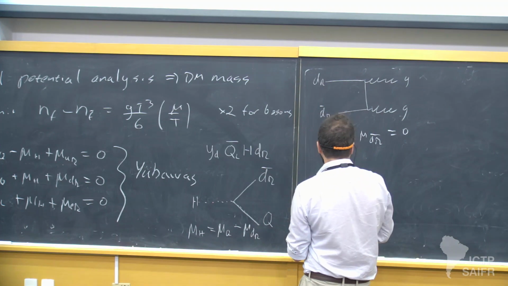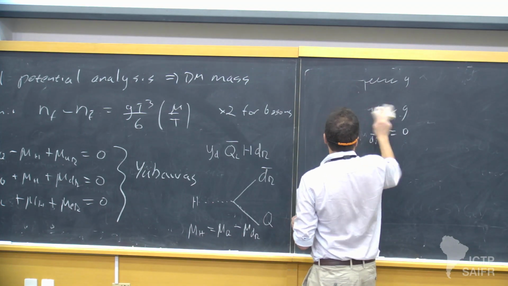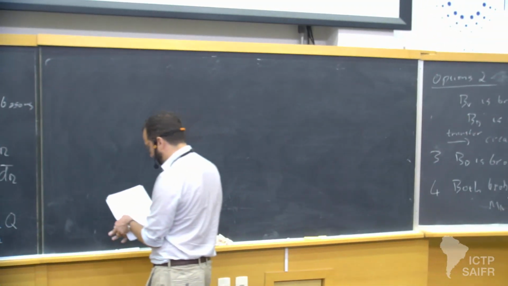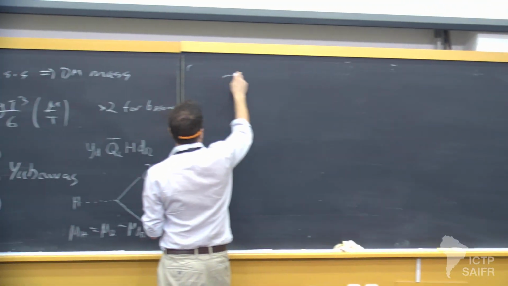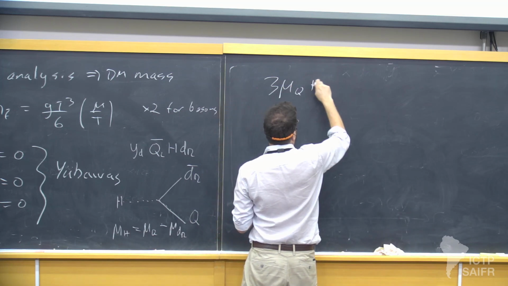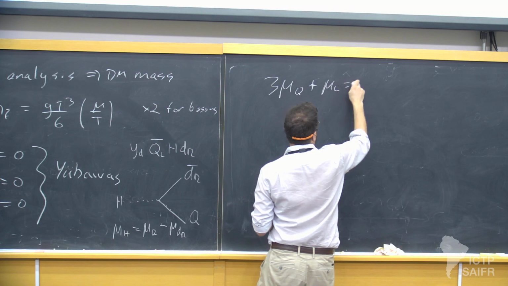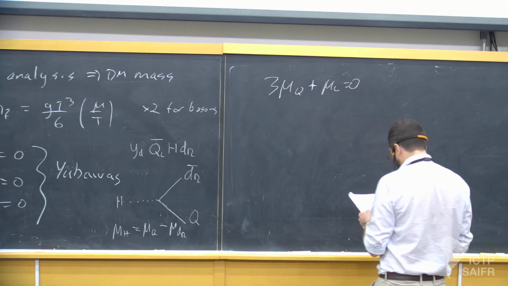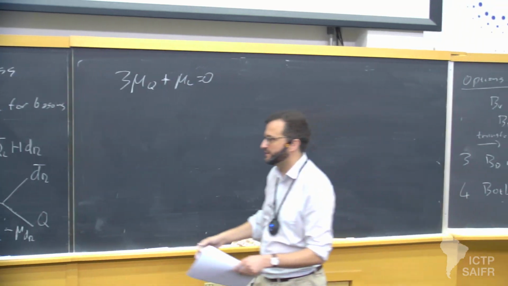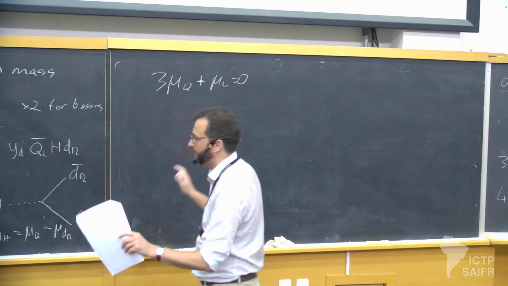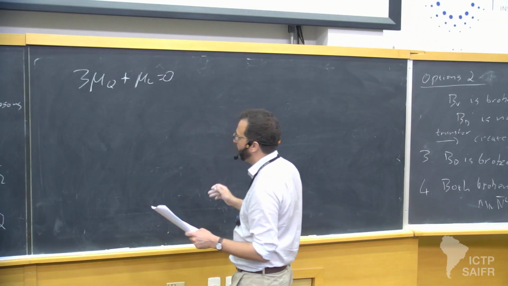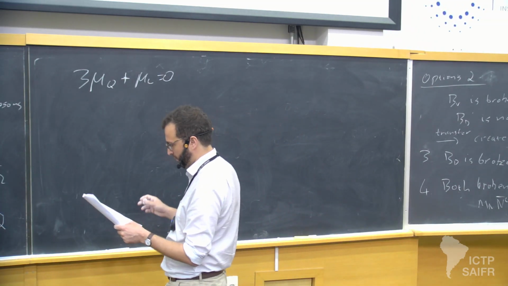Then we also have, imagine we're at high temperature, so the electroweak sphalerons are active. And this gives the relation mu_Q plus mu_L equals 0, okay? In principle, there are also the strong sphalerons, but you can check that that doesn't give you anything else, okay? I should say, we also require that the total hypercharge vanishes.